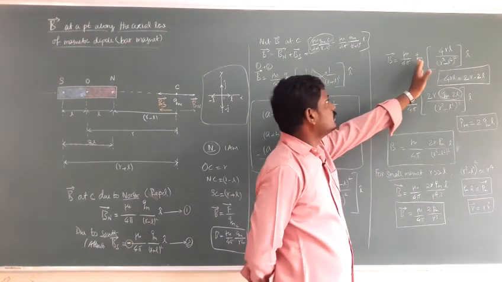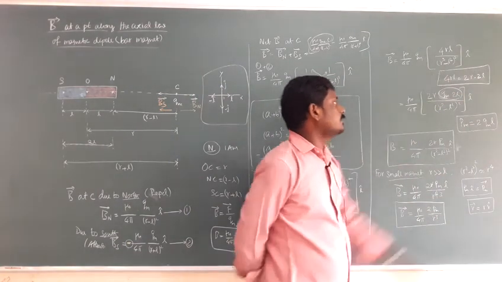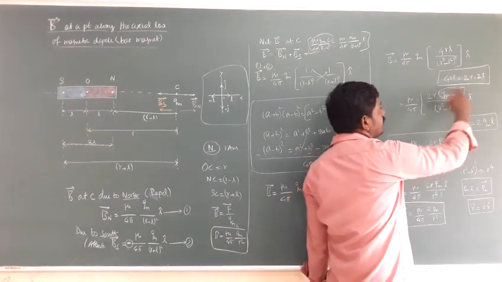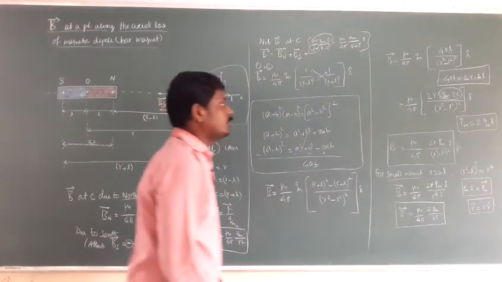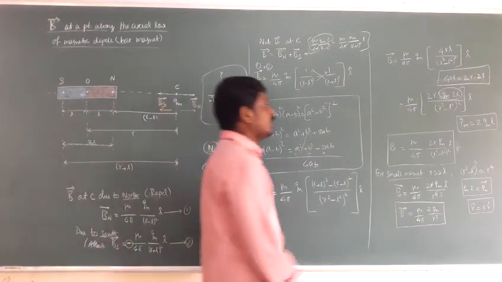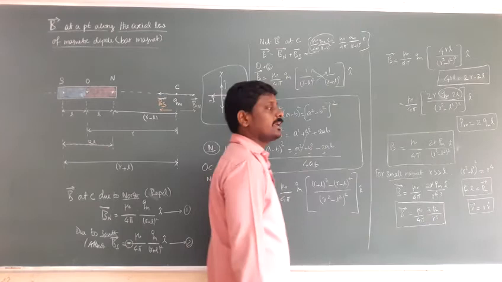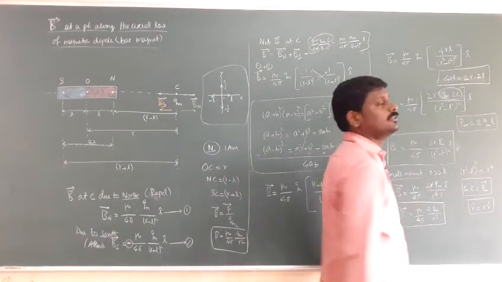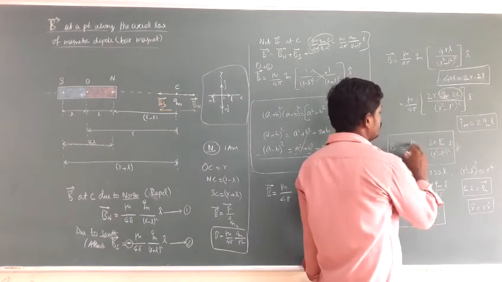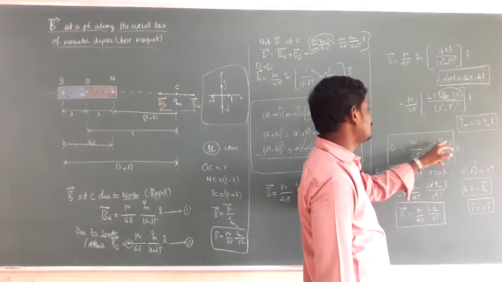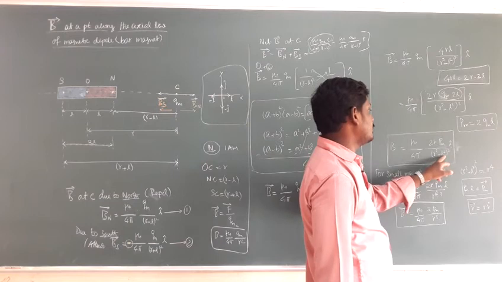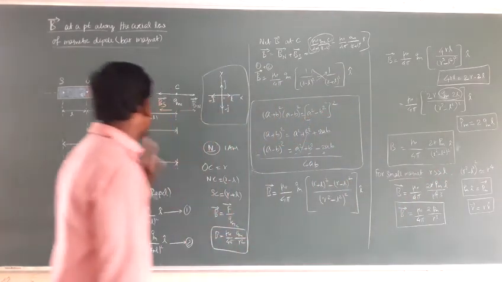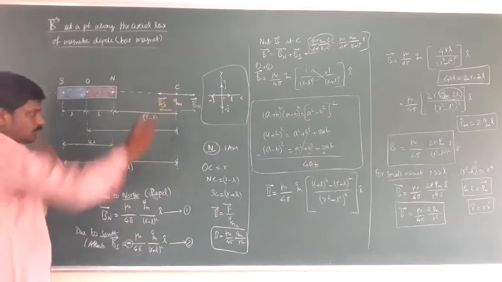Then that qm goes inside the bracket. So qm times 2l. Then qm times 2l is magnetic dipole moment. It's a product of one of the pole strength and magnetic length. So qm into 2l is magnetic dipole moment. So μ0 by 4π, 2r times pm by (r squared minus l squared) whole squared power i cap. So this is the final result for the magnet of some more length.